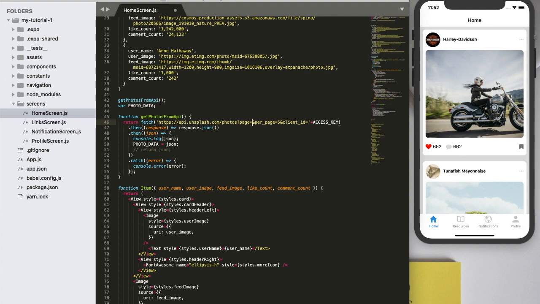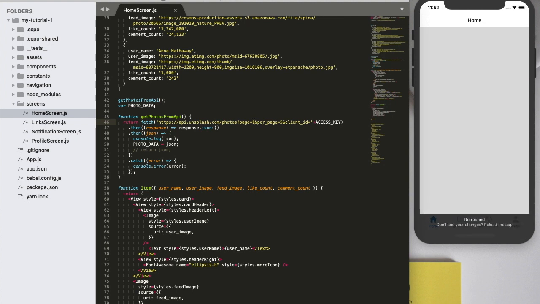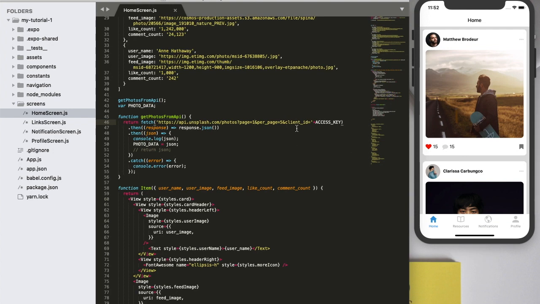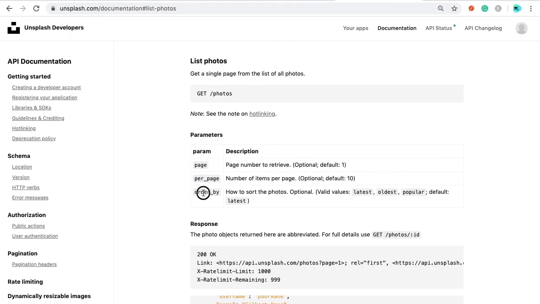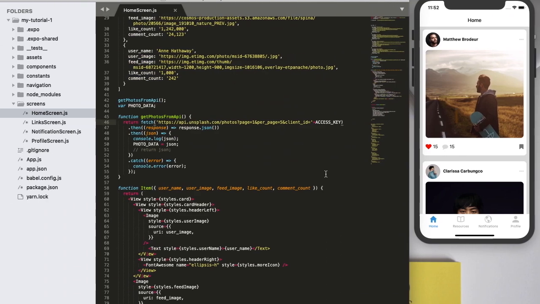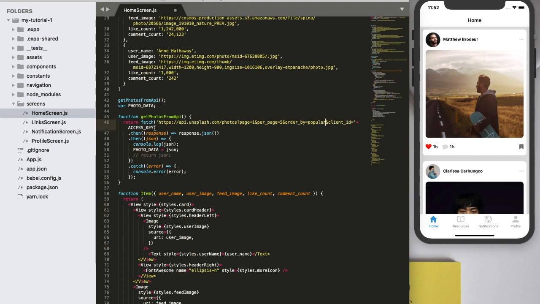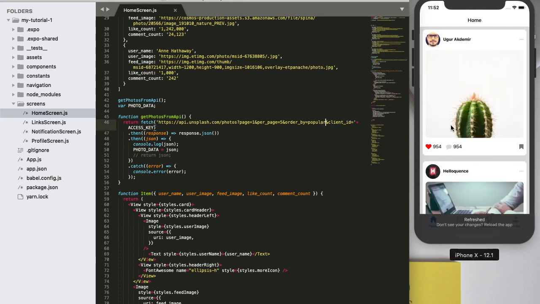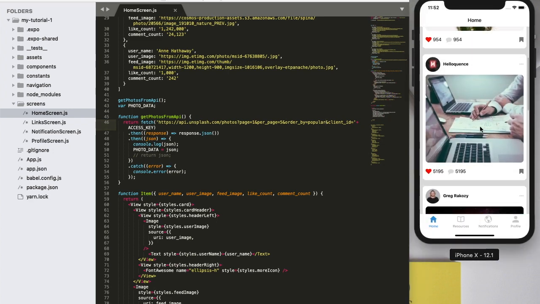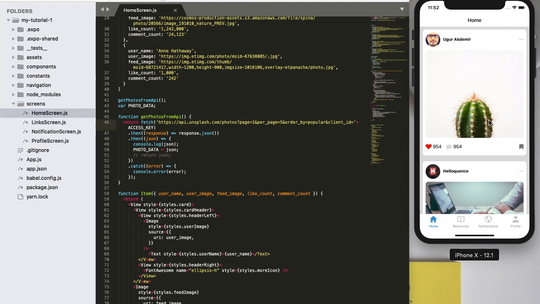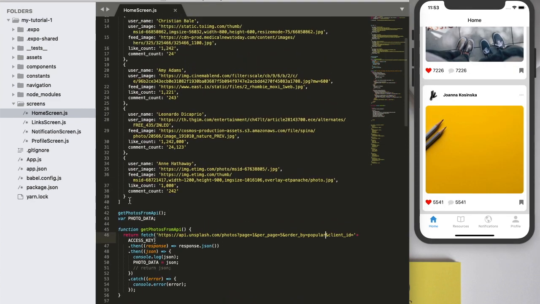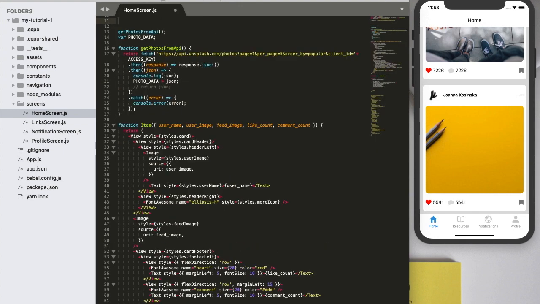We can use first page, 5 images, and we need latest photos. Maybe by default it is latest, so we can use popular photos, and order by popular. Save. So these are the popular photos. Now we can remove this static data because we are using dynamic data.